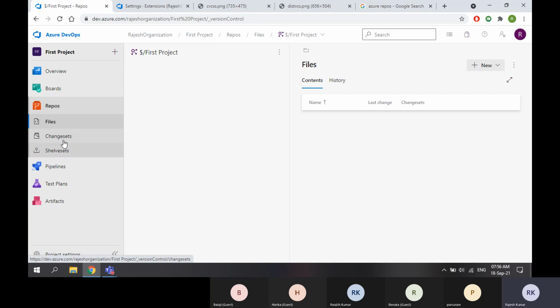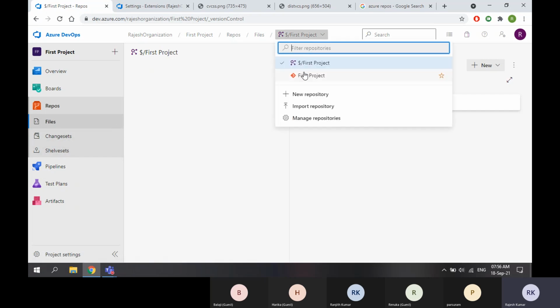I am seeing files, change sets, shelf sets. So the best part of Microsoft is, if you observe these logos, the same logos will be there in Git also with different names. So with that you can differentiate what is what. See, files is this logo, change set is this logo, and shelf set is this logo.